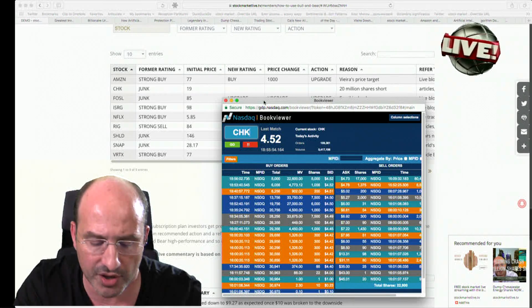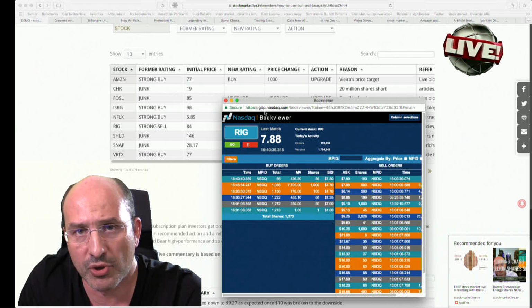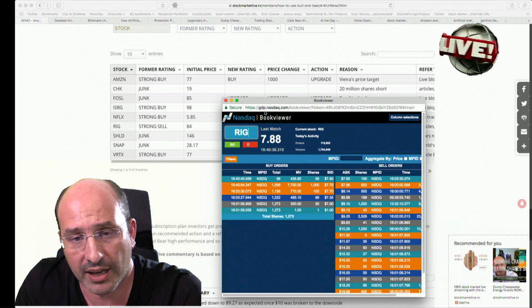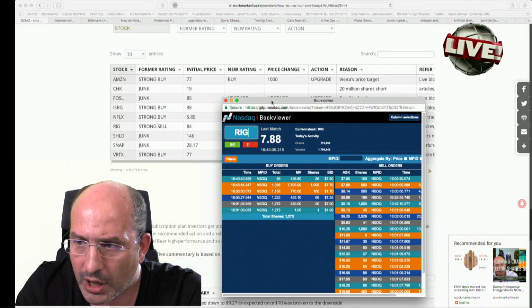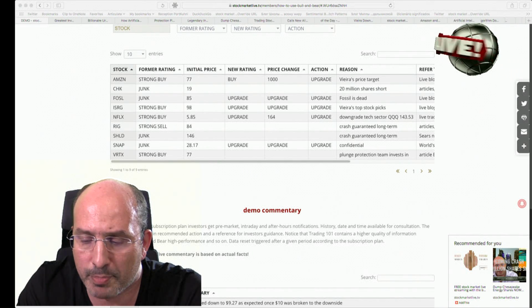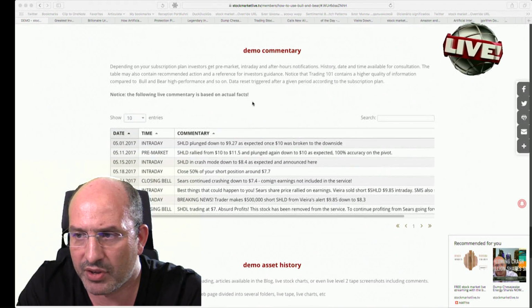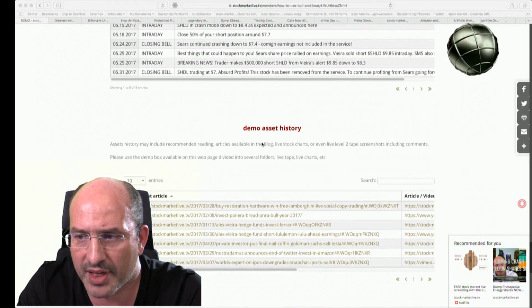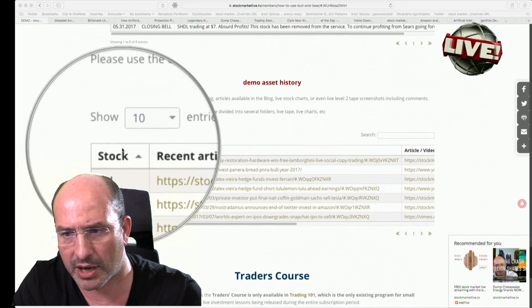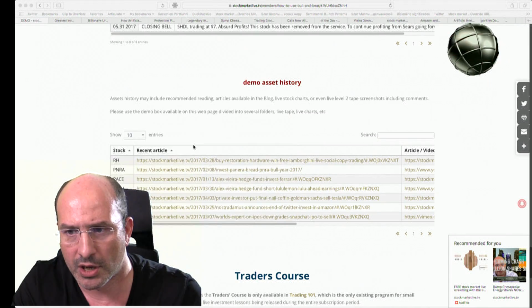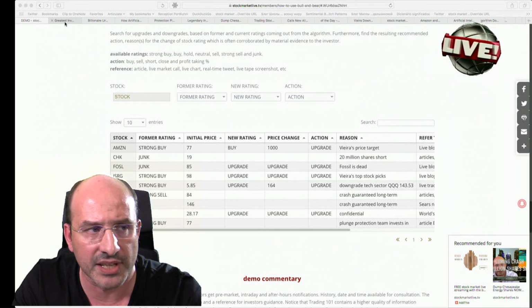The same situation with regards to this company here, Transocean, which today is obviously trading at multi-year lows. You just have to refer, and since it is part of the demo, which is coming later on, you have here the commentary and also the demo of asset history. Okay, I'm going to use again the zoom function for some of these stocks, and we are going to refer to some of these articles that you have on the blog of